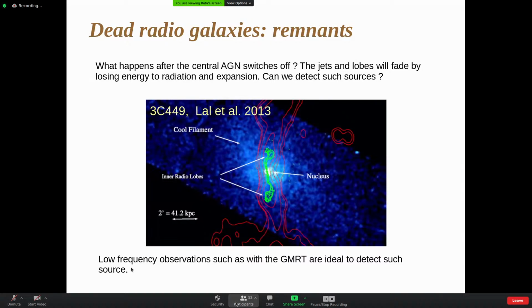Such trends in spectral indices are seen in a couple of radio galaxies in galaxy clusters, and people have proposed that the shocks have resulted in that reacceleration. These examples are just a few, and you need multi-frequency observations to confirm these kinds of trends. So they're not very common, but they may be common if one looks at many such galaxies. Probably many more such candidates will come up.